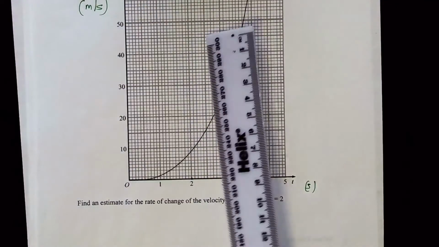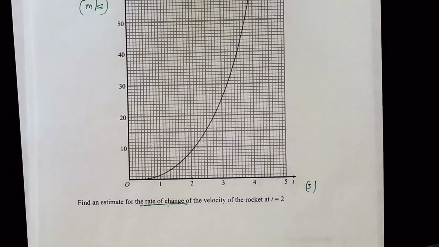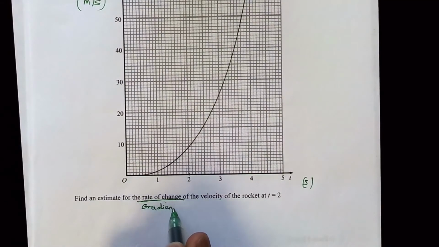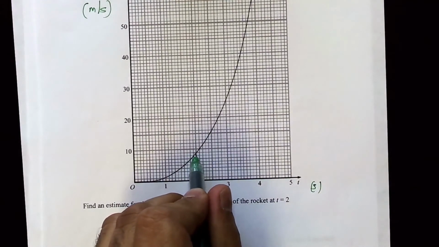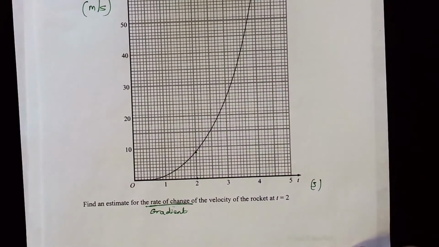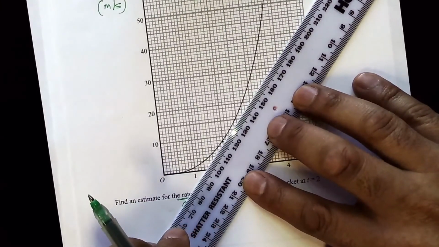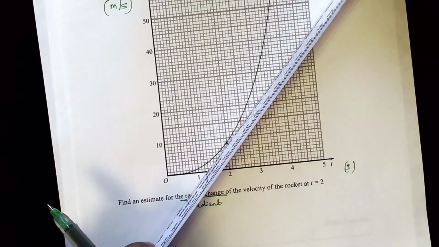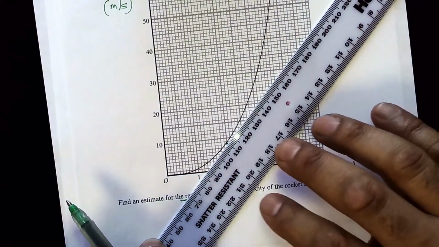So what we need to do for this, first we need to look at what that means. What is the rate of change? The rate of change means you are looking at the gradient. So at 2 we are going to work out the gradient on the graph. So what we are going to do is, using our ruler, I'm going to use my ruler to draw a tangent to the curve at